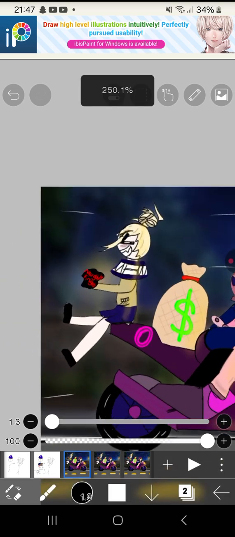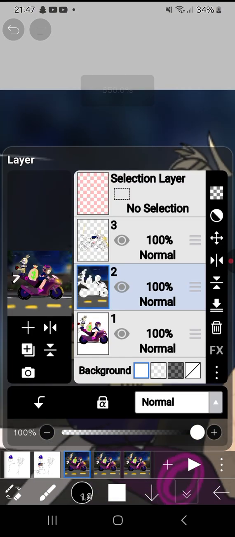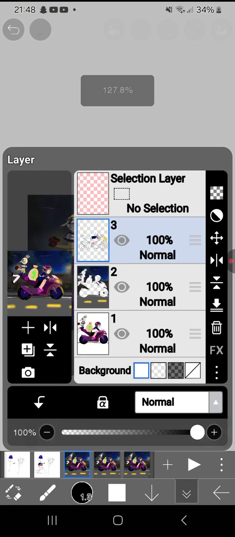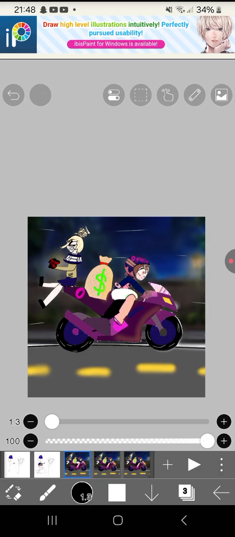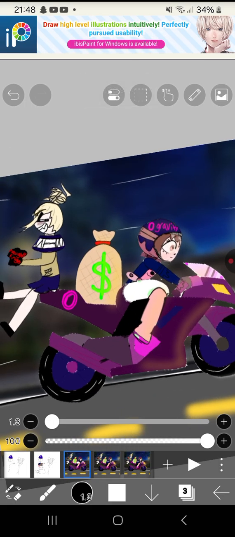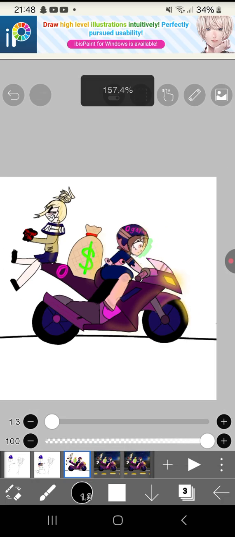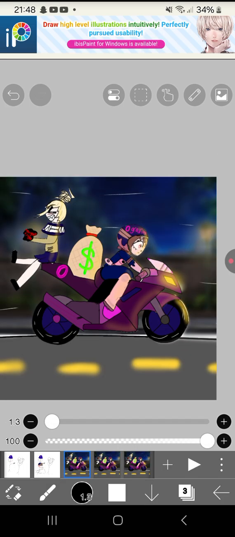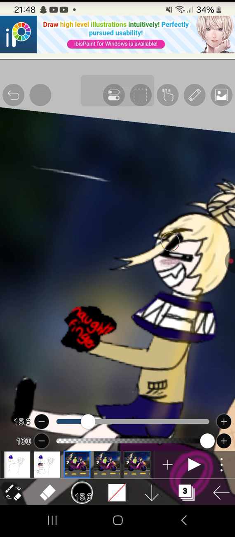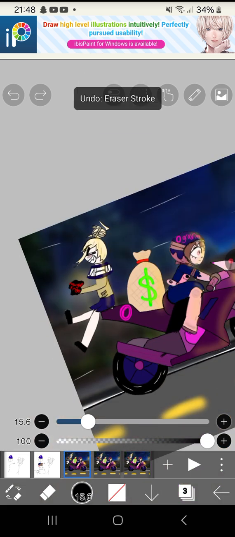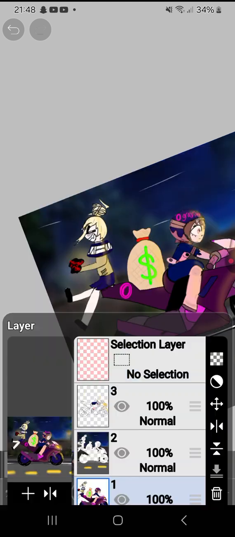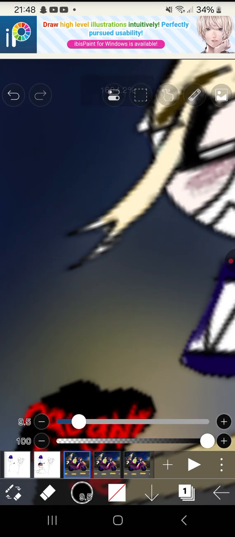For her hair, it was originally like this. If you see here, there's layers. If I switch off that layer, you can see what I mean. Same with this one. This one was the background. You just need layers, really. And what I did was, you can see it's not rubbing out. I wonder why. Layers. So what you do is you go onto the drawing layer, and all you gotta do,